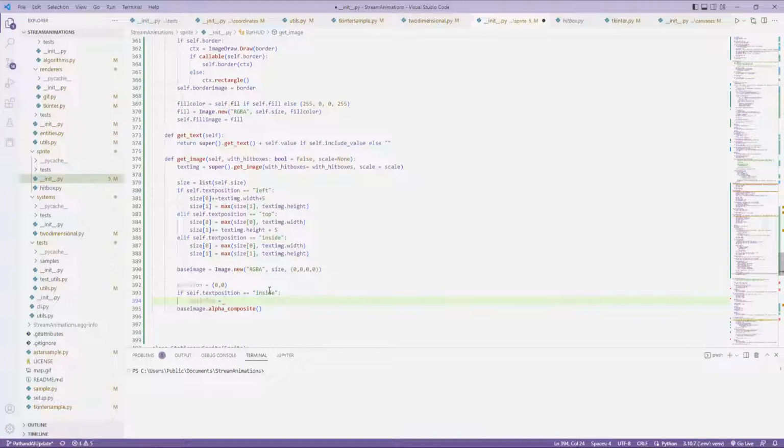So, position equals... unless... Yeah, so the left-hand side. Unless we want to add a buffer for the left-hand side, this padding. I guess so. Yeah, let's add the padding for right now. And then base image dot height divided by 2 minus text image dot height divided by 2 is our top left corner there. So now we can do text image